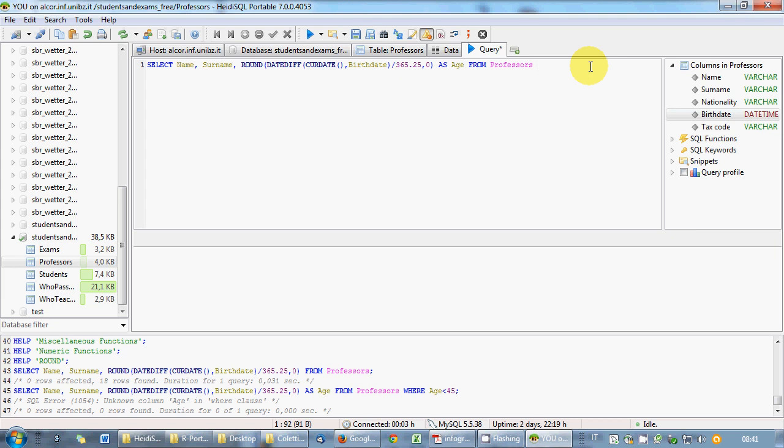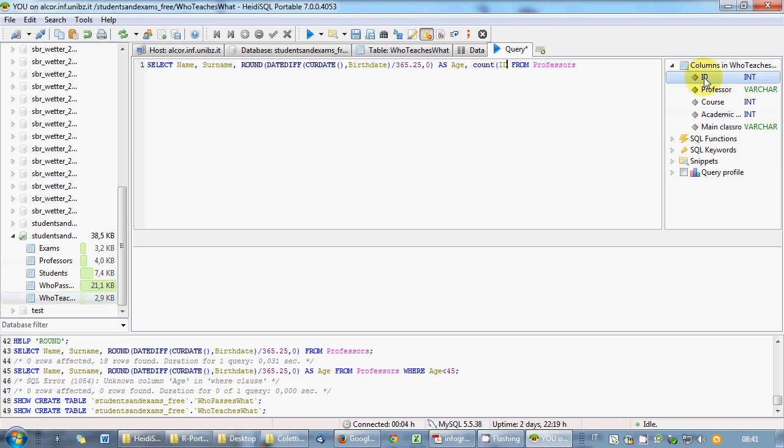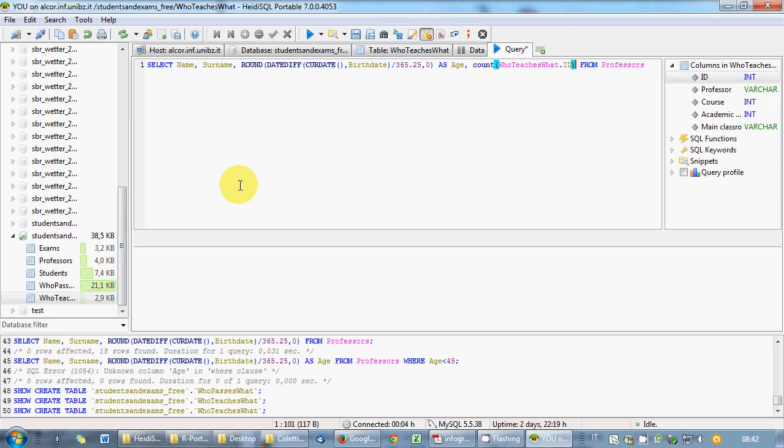Okay, so it becomes a summary query. So comma, count. I have to count exams from who passes what. It's enough. Not the number of courses they've teaching and have taught. Have to count from who teaches what. It's enough. So I count this ID. ID may be misleading, so first I specify the table dot ID. Okay, from professors I have to